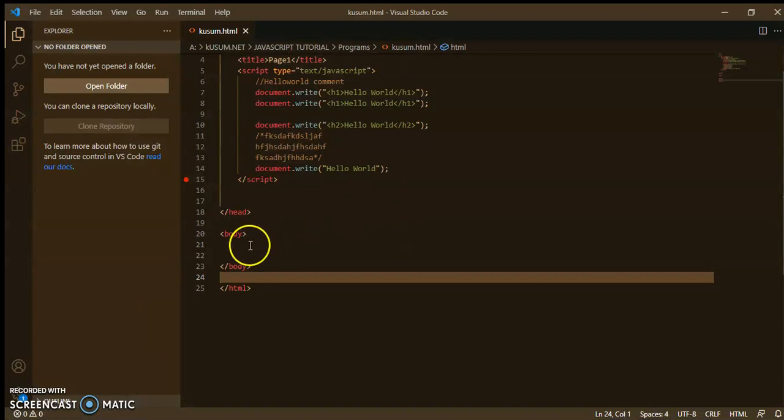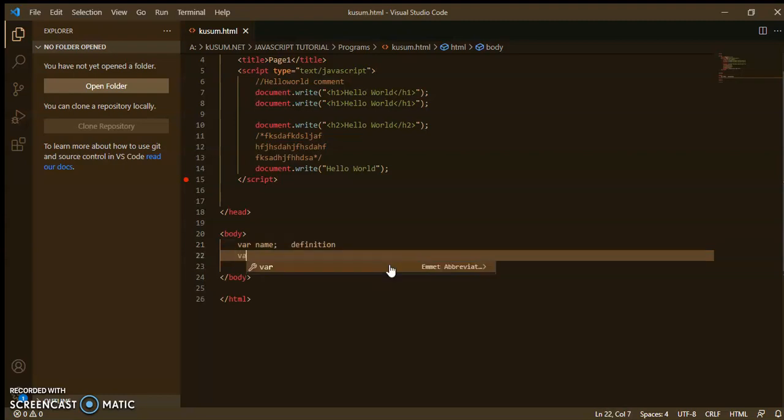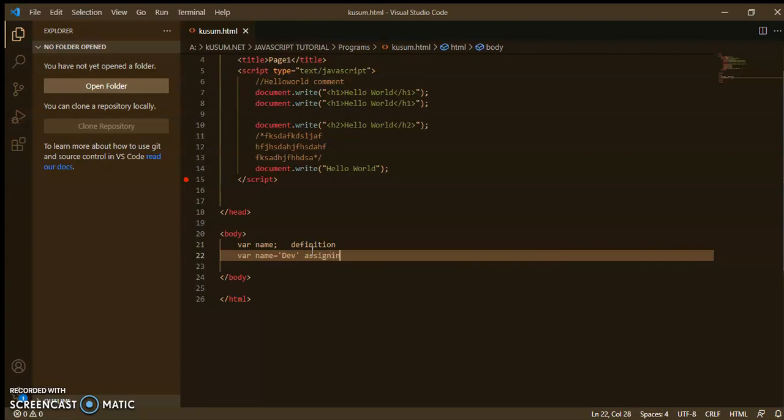I will explain it. Var name, what is this? This is called the definition of the variable. And if you assign name equal to Dave, this is called assigning the value to the variable.